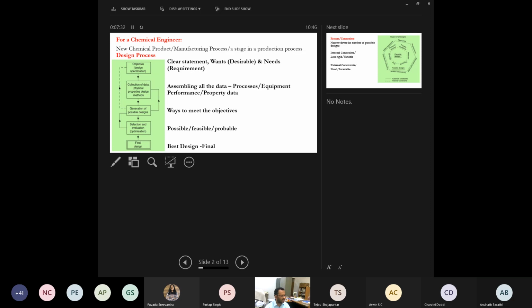A marketing survey you should also do, for marketing demand. Then how the plant will grow. Then you have to assemble all the data for the process, equipment, and properties, and the selection of different types of equipment. Nowadays we are talking about sustainability and intensification. Sustainability is one major thing required nowadays, because in the last 3 decades a lot of research has been going on